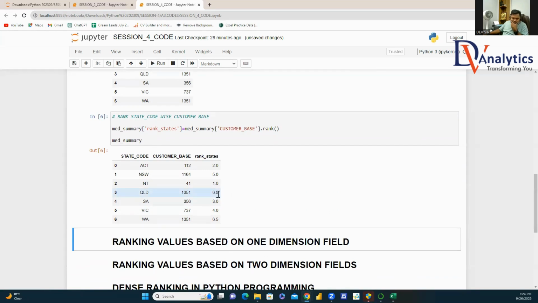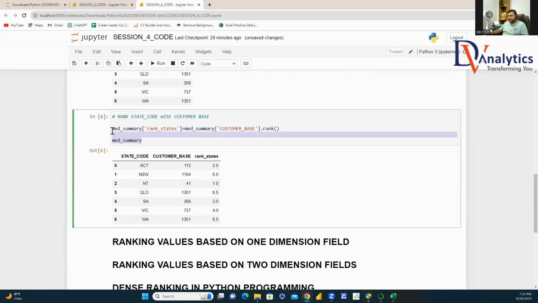It is reading this ranking as what? 6.5 and 6.5. It is giving the lowest value as 1. Yes or no? Yes. Right. Now the same program